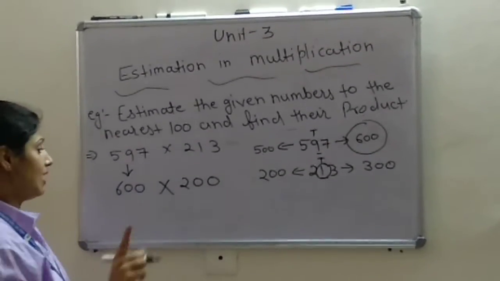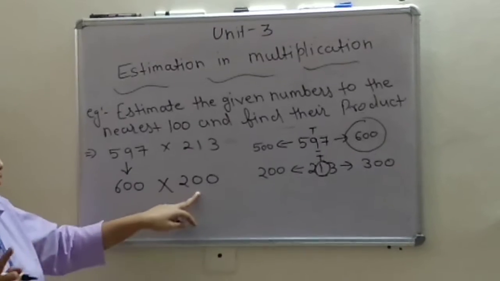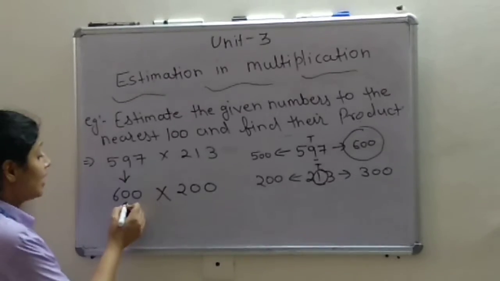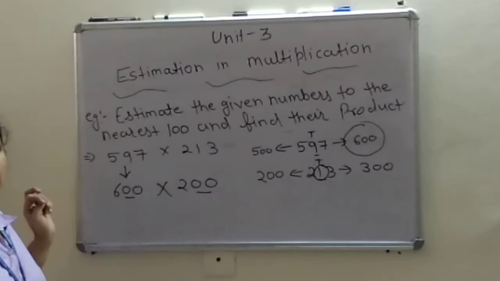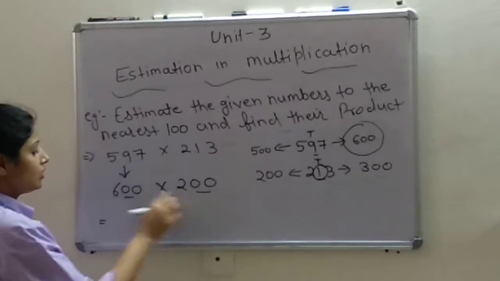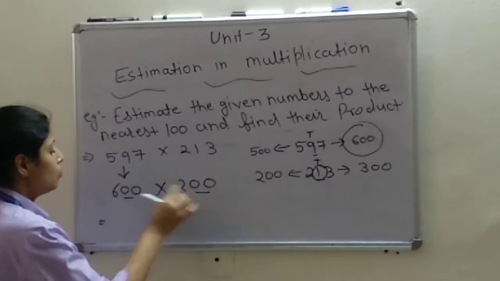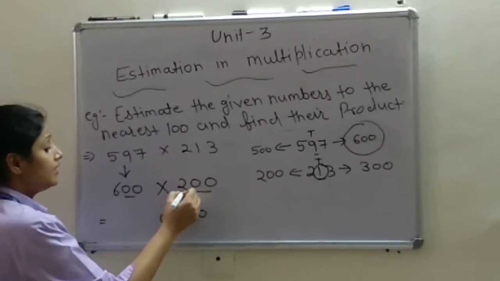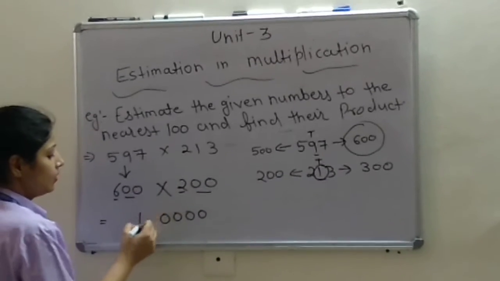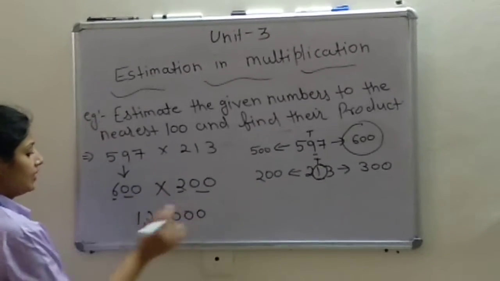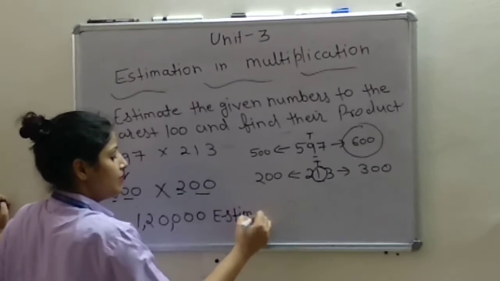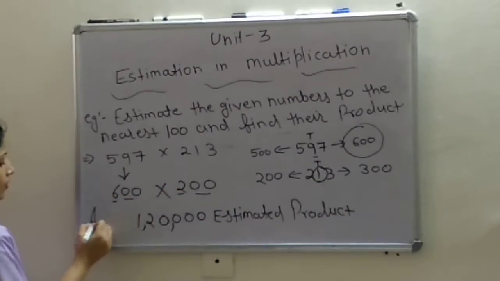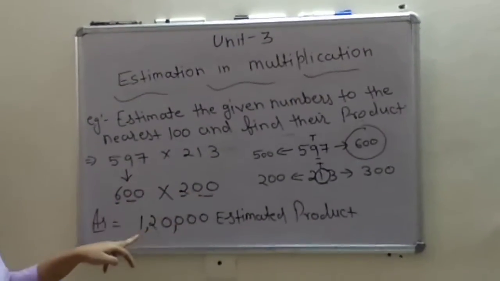Now we are going to multiply. Children, a very simple thing I am going to teach you. You are not going to follow the long method of multiplication in this case when there are zeros at the end. Right? What you will do? Very simple. How many zeros in all two numbers? 1, 2, 3, 4. Now, digits 6 and 2. So, 6 2s are 12. This is your estimated product. Alright. This is the answer of the estimated value. Fine.